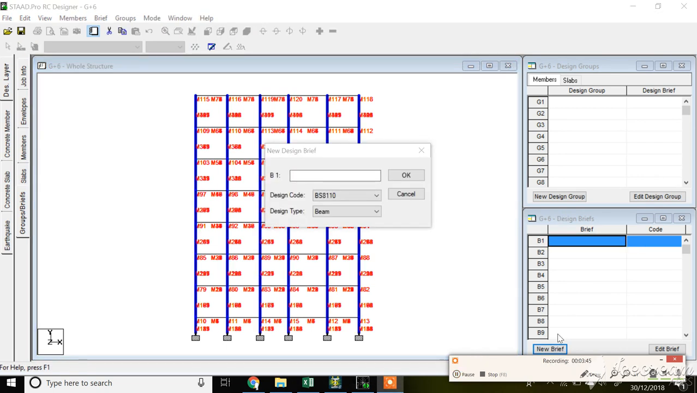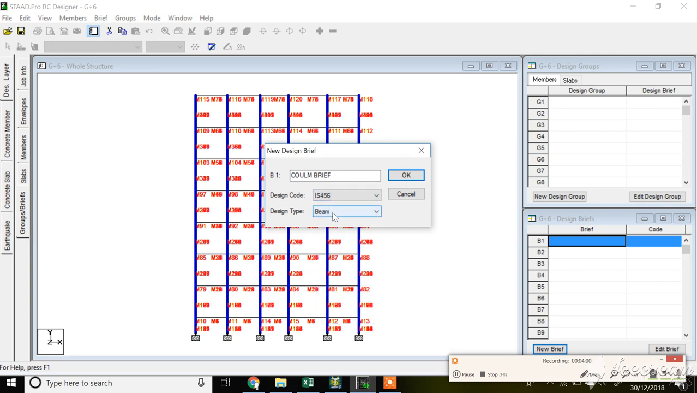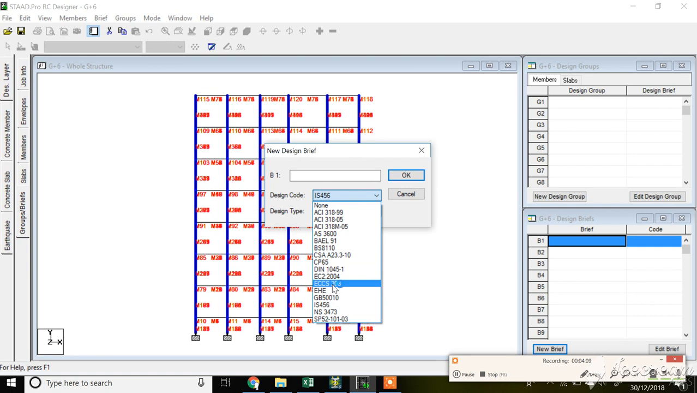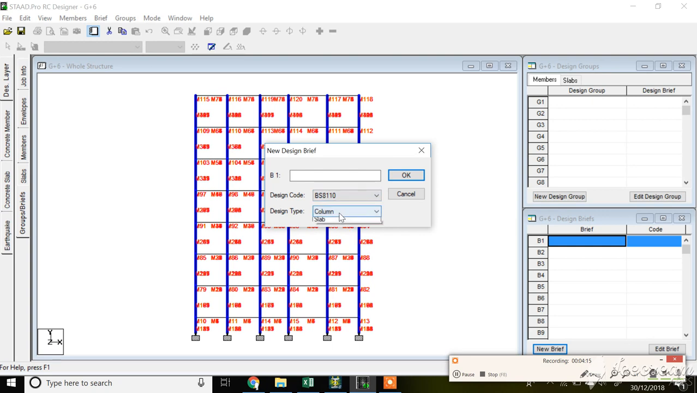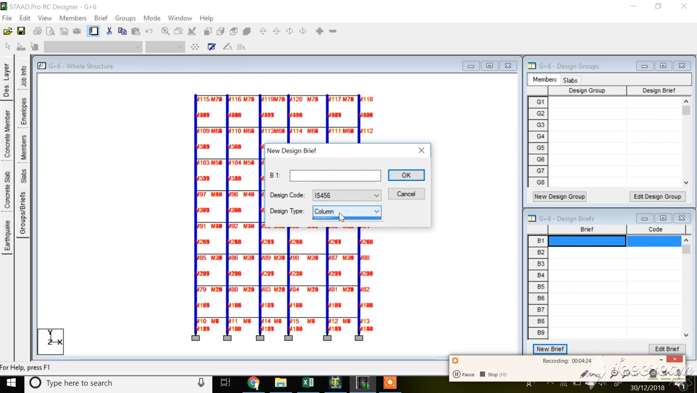Once you click on this new brief, this will open. Your first brief is column brief, so just type column brief. Now you have to select the design code. We are designing for IS456, so you select IS456. Otherwise there is an option: if you select the BS code, we have BS8110. There is an option for slab brief also, along with column and beam. For IS456, we have column and beam brief. So just column brief,